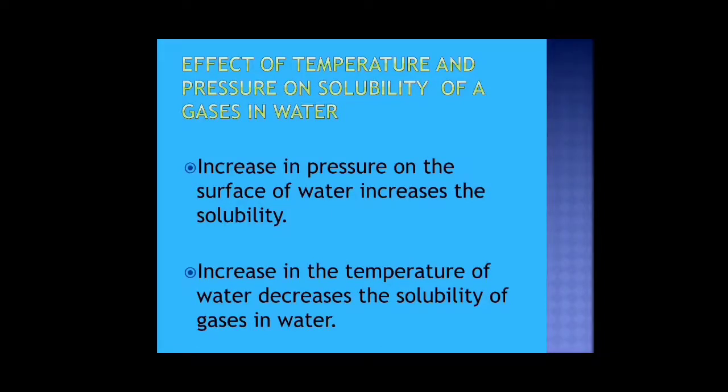Increase in temperature of the water decreases the solubility of gases. Suppose you start boiling water. We see that before reaching boiling point, some bubbles come out of the water. Why does this happen? It happens because gases will escape. Gases present in water, oxygen, carbon dioxide, will start escaping. This starts happening much before the boiling point. So increase in temperature decreases solubility of gases in water. The gases which were otherwise soluble in water escape from water when the temperature is increased.